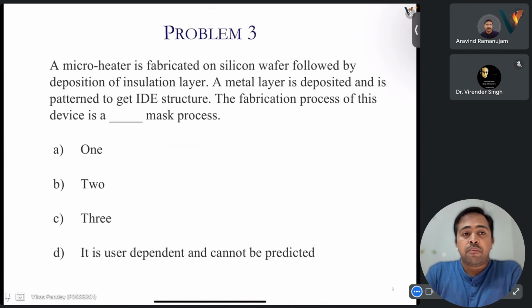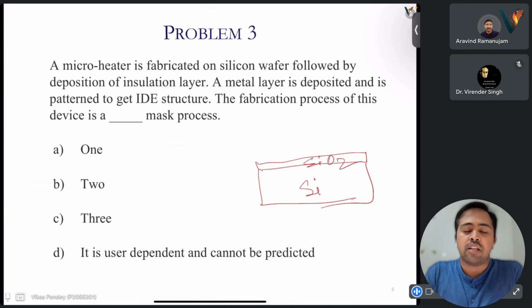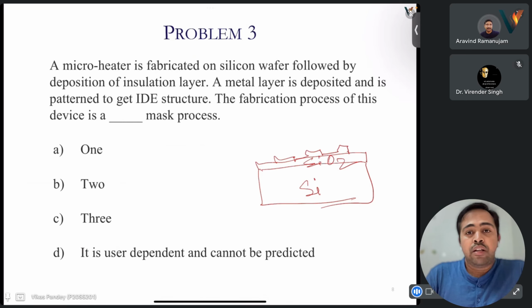The next is: a microheater is fabricated on a silicon wafer, followed by deposition of an insulation layer. This is the general thing we have been doing again and again. So a microheater is being fabricated over a silicon wafer. On it, we are first depositing an insulating layer, that is SiO2 in this case. So a microheater has to be made here. Okay. A metal layer is deposited, followed by